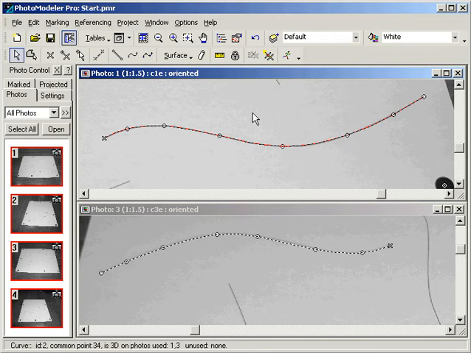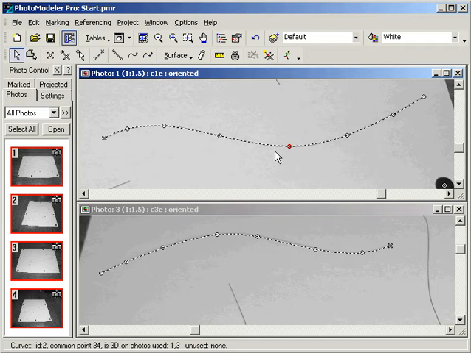Next, we will describe how to edit a curve. If you had marked a curve then found that the curve did not solve correctly, you would take a closer look at the marked points along the curve to see if they were placed accurately. Curve point positions can be adjusted at any time. Using Select, we select this point in the middle of the curve and drag it to a new position. If the curve is already referenced, the curve's 3D shape will recompute after the point is dropped in its new